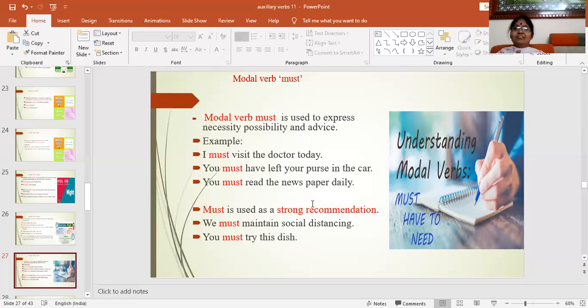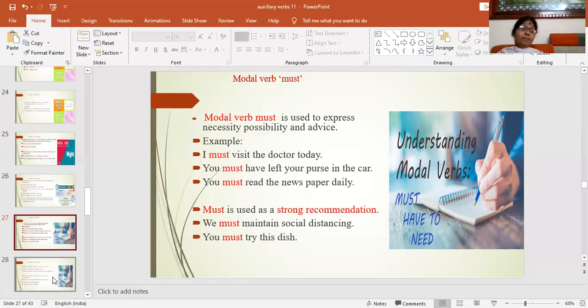You will love it. You must try this dish. Strong recommendation, right? You must join this course. It is fetching. So very strongly we are recommending by using our modal verb must, right? Next,